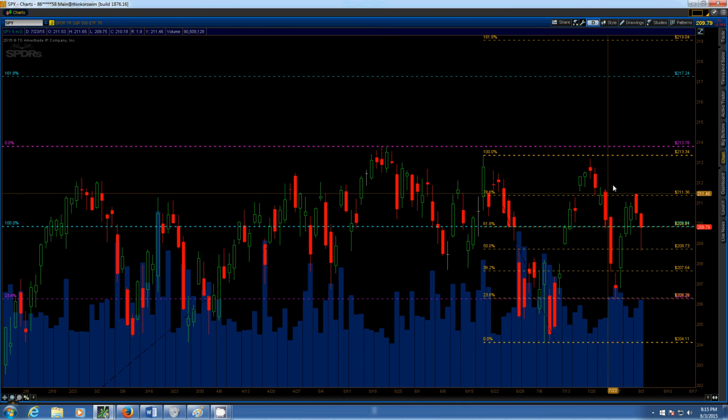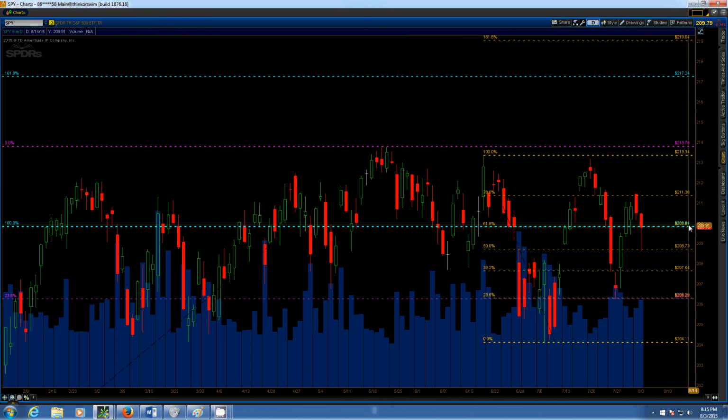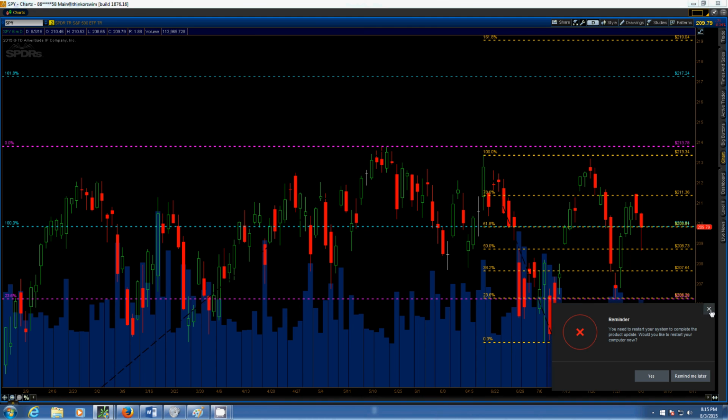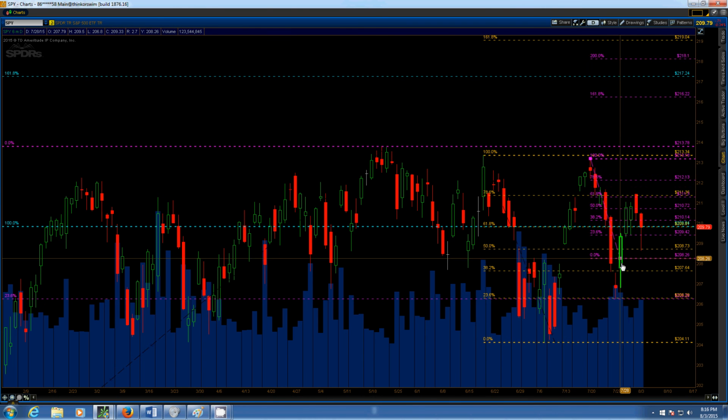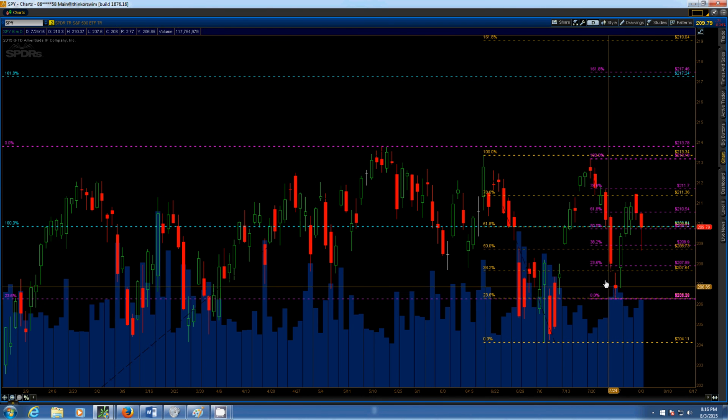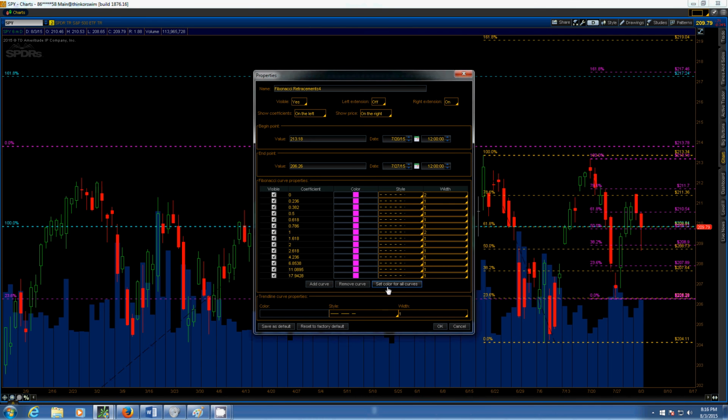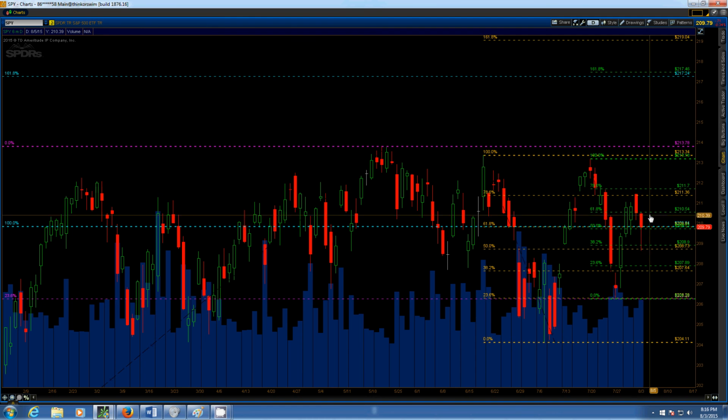Right now we are being supported by the short-term 61.8 as well as a previous high. Today's low was right down here into the 50 fib. We could put something like this on as well. This would be the shortest term fib. So here we can see that the open today, or the high today, was the shortest term 61.8 at 210.54,